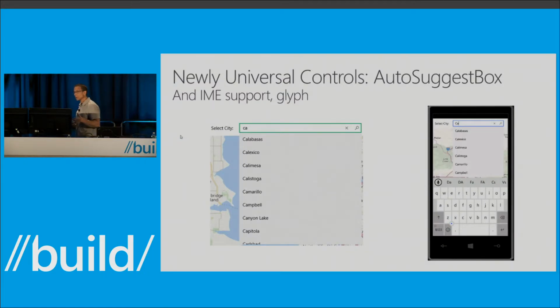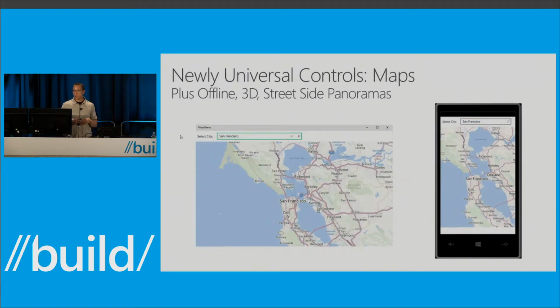Auto suggest box was the way you do autocomplete, if you will, on phone, and unfortunately on Windows we had a different solution called search box. That created a tough one because we didn't want to converge and have two things. So pick whichever one you want. They both had slightly different behaviors, so what we did is take the good stuff in search box, which was good IME support and the search glyph, and add those to auto suggest box. We still have search box, but likely in the future we're going to deprecate it and put our investments into auto suggest box. And then maps, there was a Nokia Maps and a Bing Maps, and now